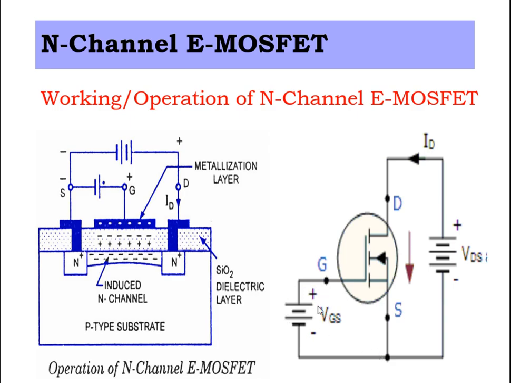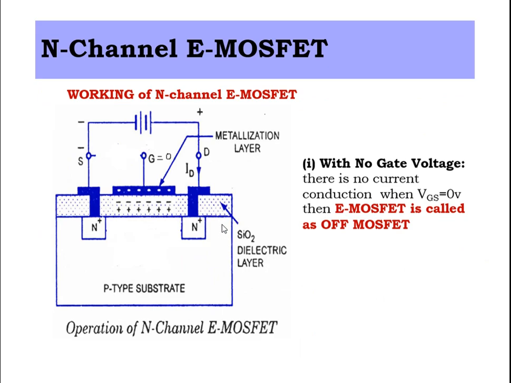Now, depending upon the type of voltage we apply, there will be conduction in the N channel eMOSFET. So let us discuss the different voltages that can be applied in order to make conduction happen in an N channel eMOSFET. Under the working of an N channel eMOSFET, the first case we will consider is with no gate voltage. So there is an absence of gate voltage: no voltage is applied between gate terminal and source terminal, but we have a positive voltage VDS, the drain source voltage.